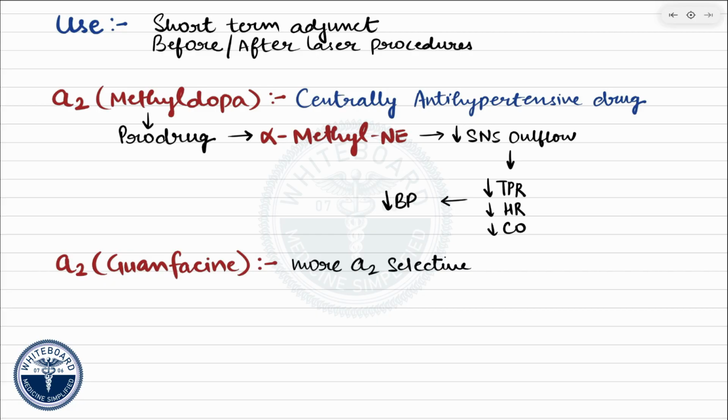adrenergic receptors. Clinically, guanfacine is used to treat hypertension, but today it is more commonly recognized for its role in the treatment of attention deficit hyperactivity disorder, particularly in children and adolescents. In ADHD, stimulation of central alpha-2 receptors improves attention, reduces impulsivity, and helps control hyperactive behavior. For this purpose, an extended-release formulation of guanfacine is commonly prescribed because it provides a more sustained therapeutic effect throughout